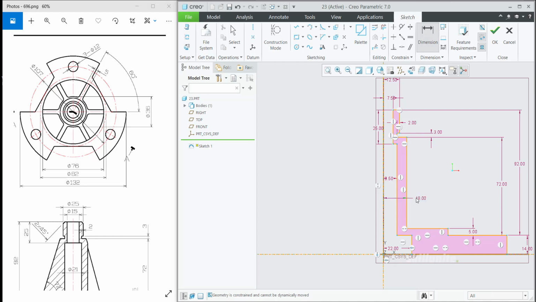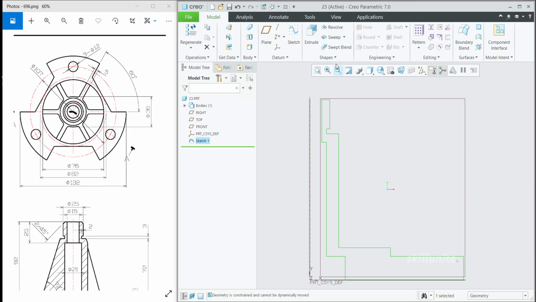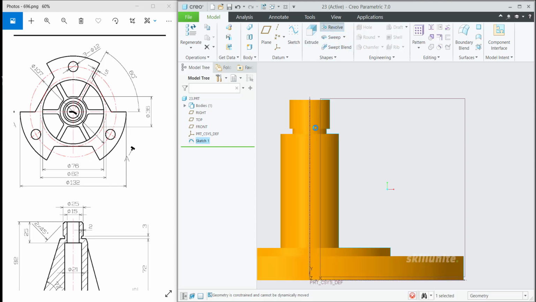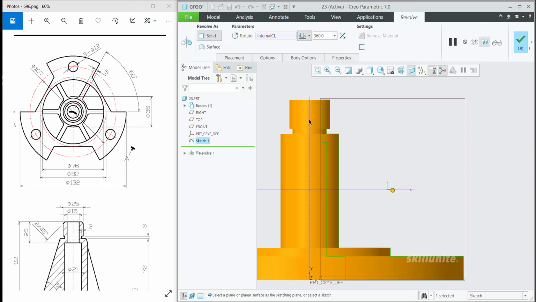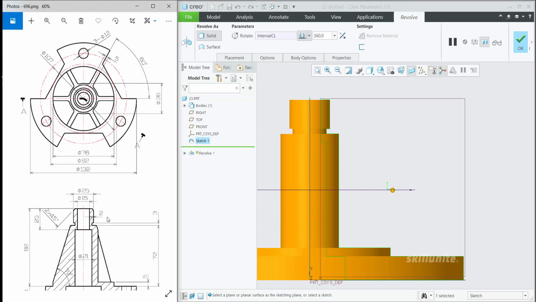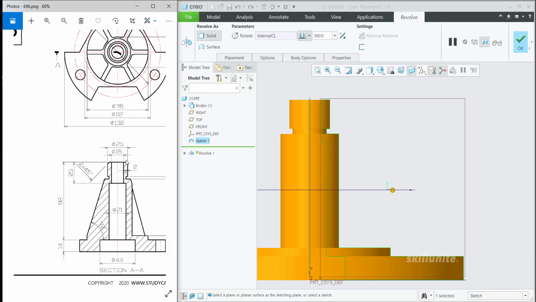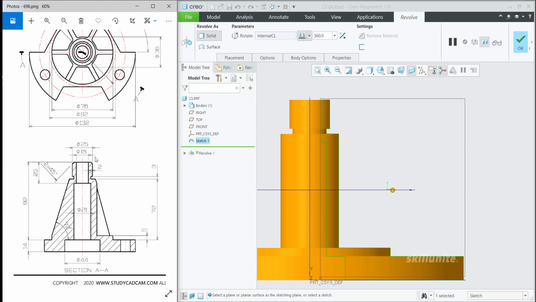So once you mention 18, this is the shape we require and we need to revolve it complete 360 degree. So click OK. So go to revolve, and automatically with respect to center axis it will get revolved 360 degree. So the chamfers, whatever it is there, that we will do it at the time of 3D. So we are having chamfers here, here and all.